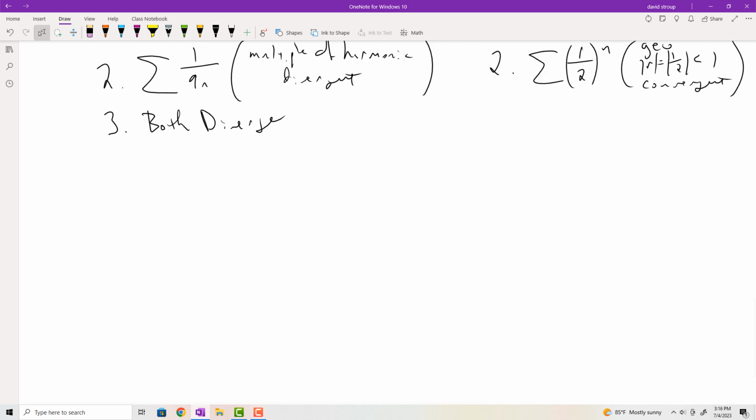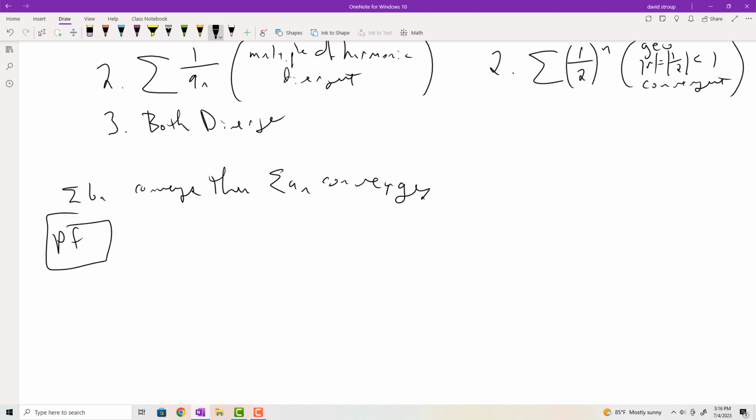As far as the proof goes, the proof is fairly simple. We usually start with the proof of, I believe it's the convergent part. So if the series B sub n converges, then the series A sub n converges. And so the proof, we made the supposition that B sub n converges, thus we can call it something, so it'll add up to something, right? So the sum of B sub n equals some number s. And then,